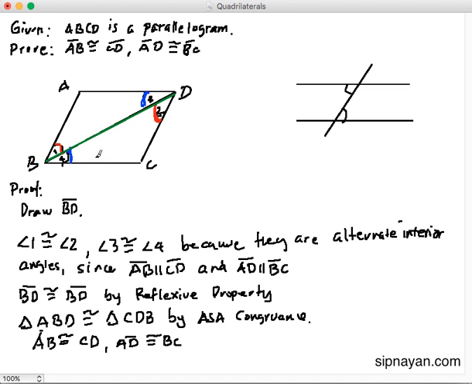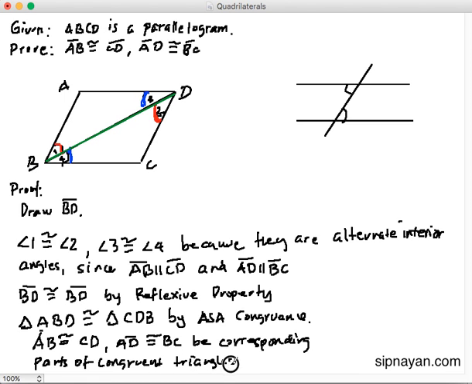And we know this part corresponds to this part corresponds to this part. So they are congruent because corresponding parts of congruent triangles are congruent. So, yun yung gusto natin i-prove, di ba? Kailangan natin ma-prove tong dalawang yan, di ba? So, na-prove na natin dito, ibig sabihin, that it is really true that the opposite sides of a parallelogram are